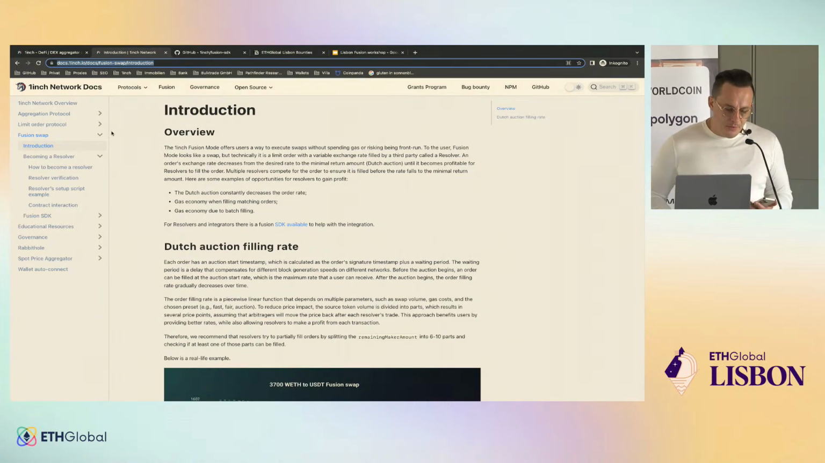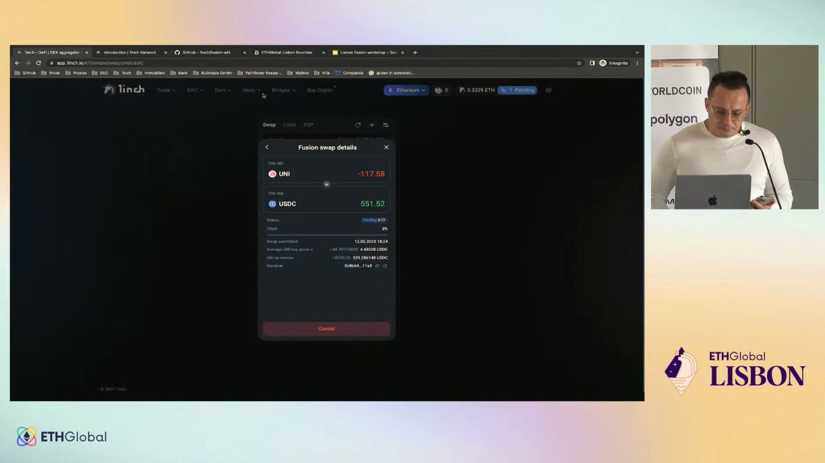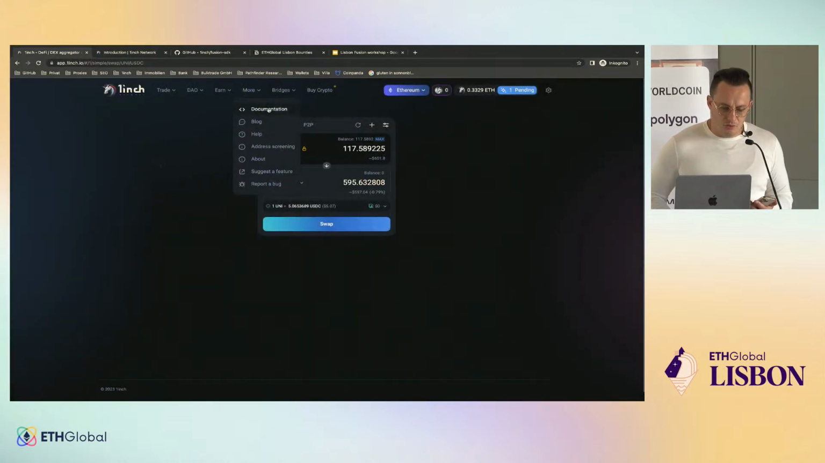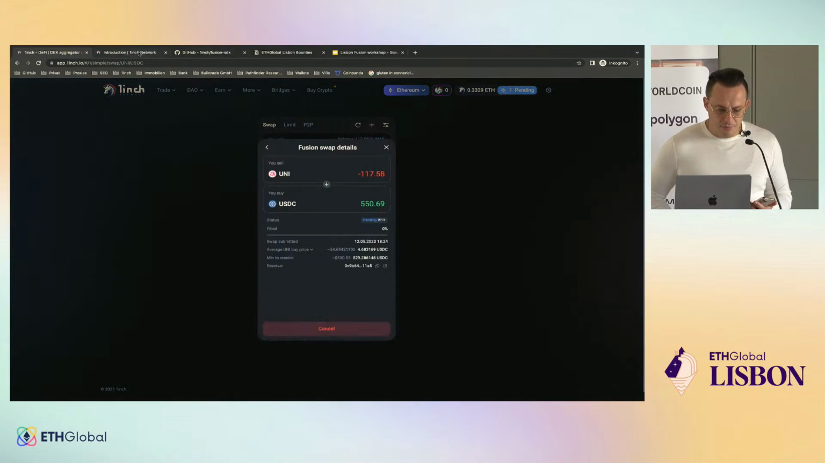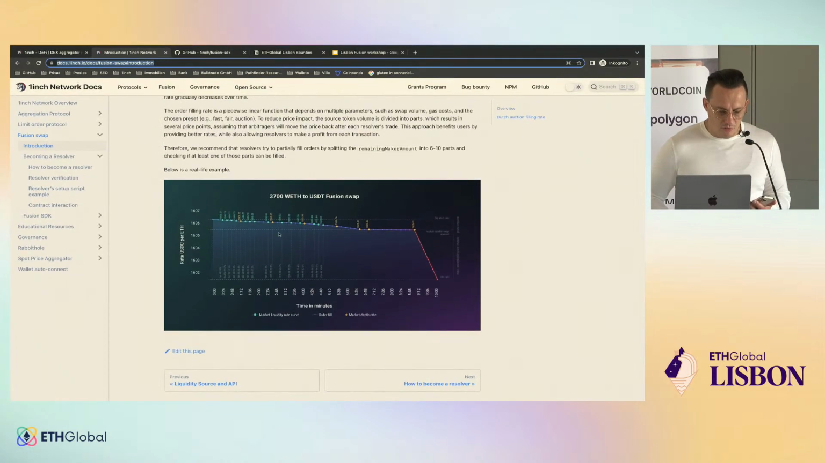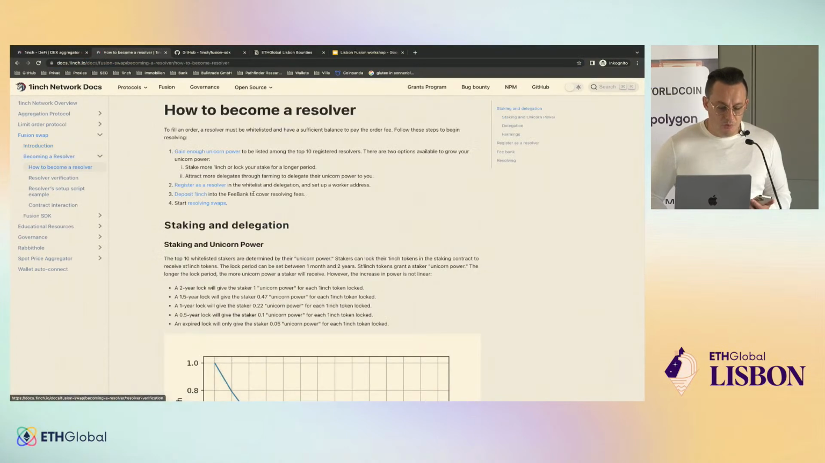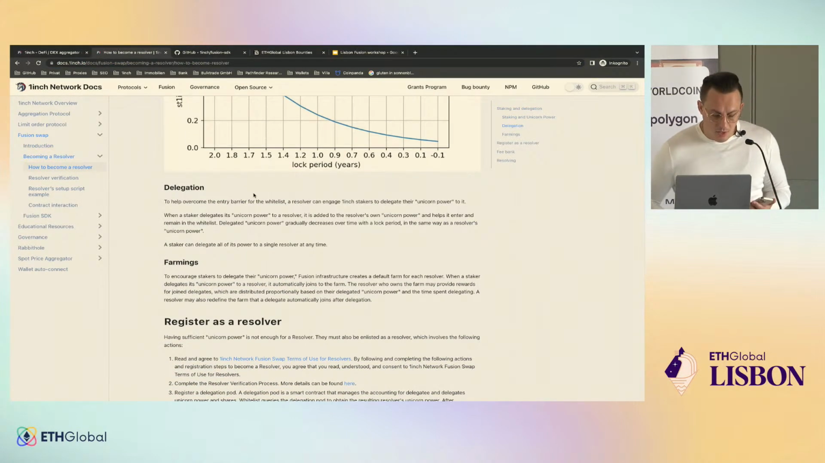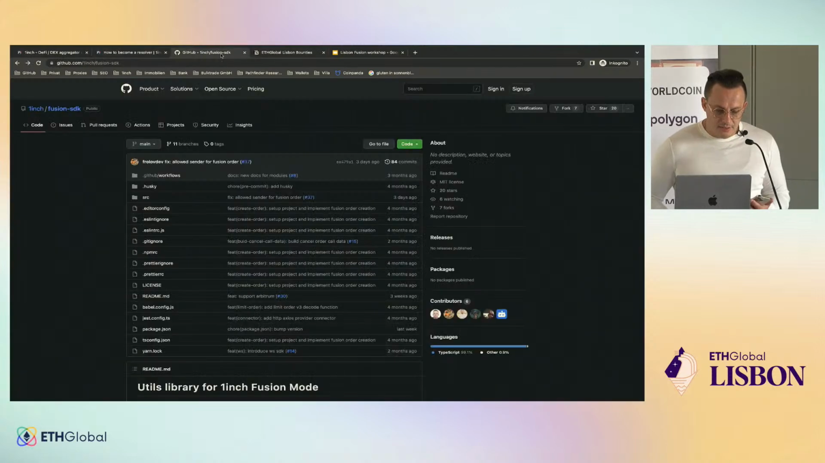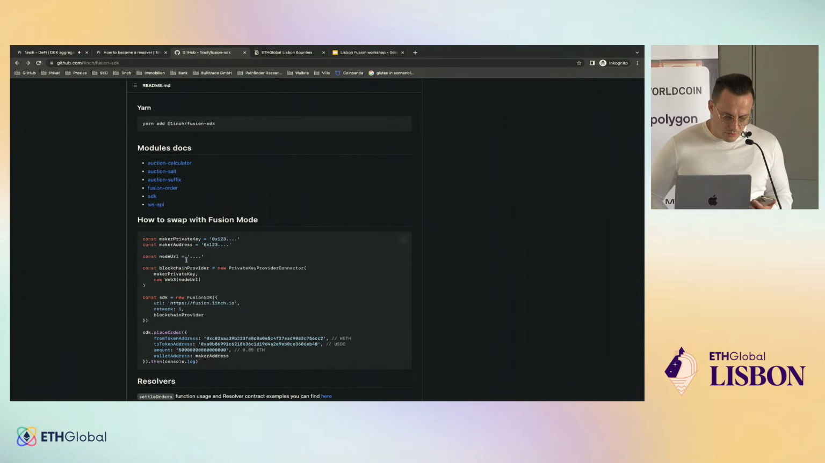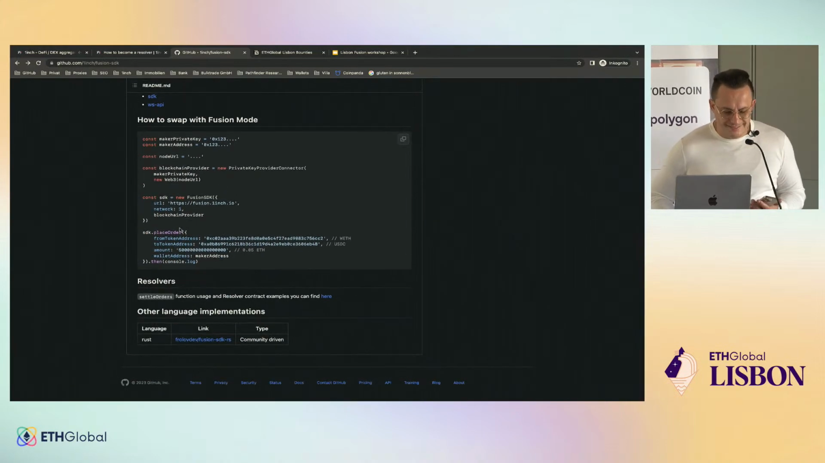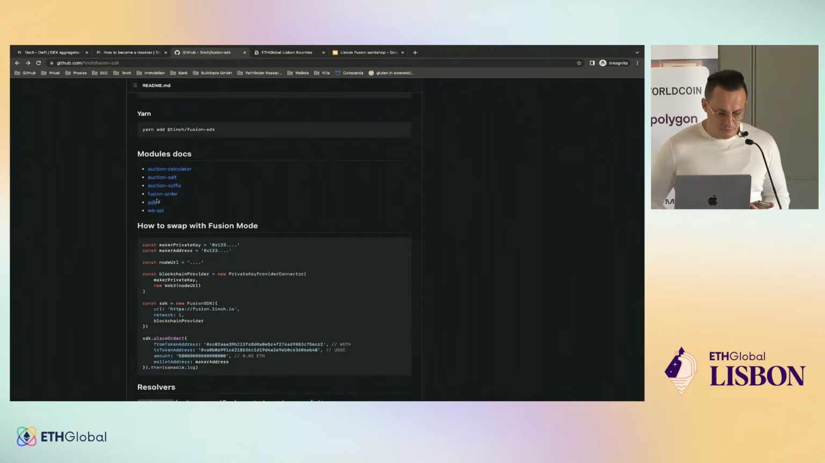We have a nice doc portal. You can find it here under more documentation, and you get deeper insights into how it's set up, how it works, how to become a resolver. And we also have a nice SDK repository. You can also walk through all the real examples. There are some auction calculators,